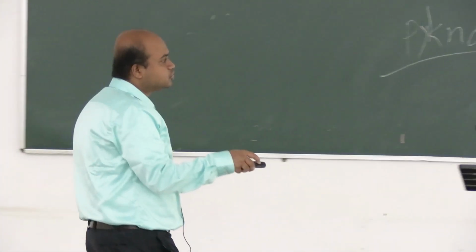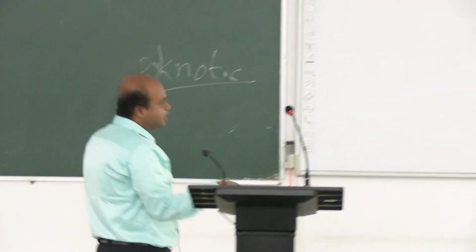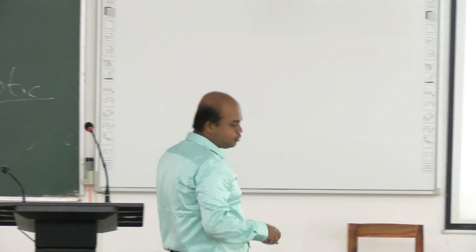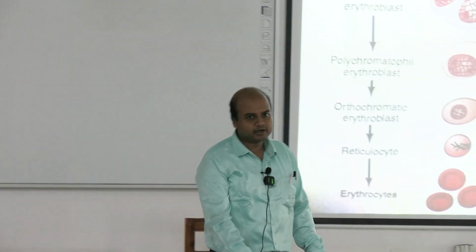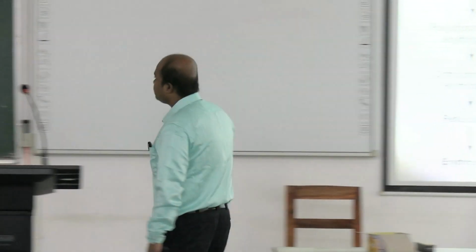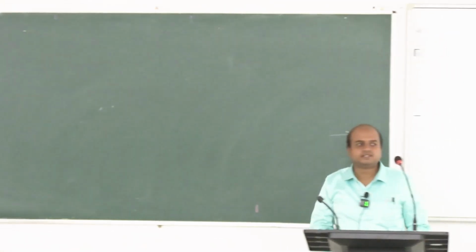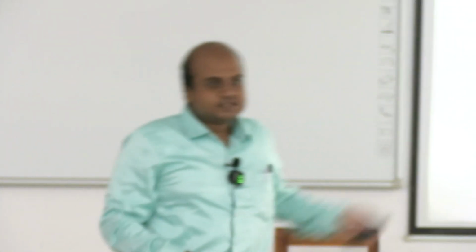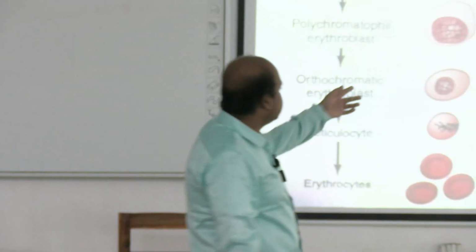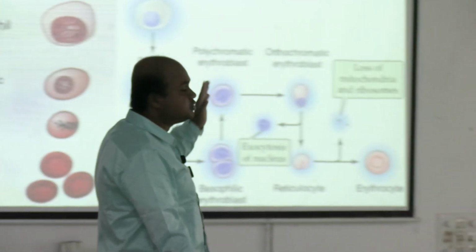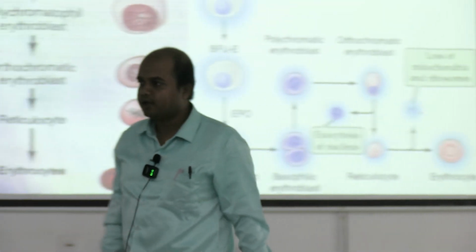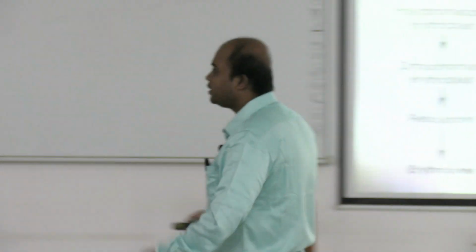So this erythrocyte is devoid of mitochondria and ribosomes. This loss of mitochondria and ribosomes occurs after the reticulocyte stage, the immediate stage just before the mature cell, which will come into circulation. All these stages are in the bone marrow, then they come into the circulation. Before coming into the circulation, the cells lose the mitochondria and ribosomes as well, and just before becoming the reticulocyte,